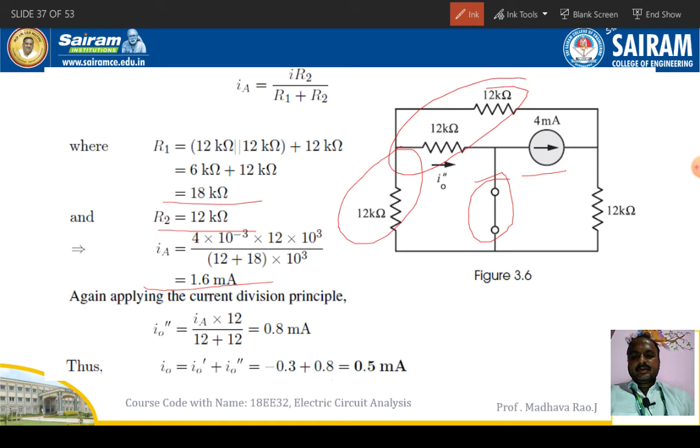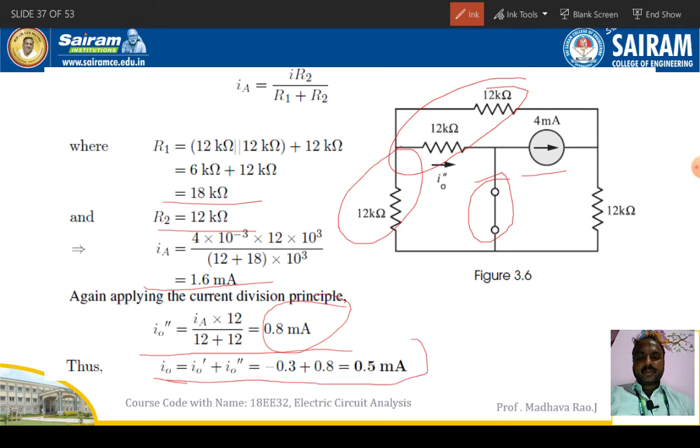Okay, so then I naught double dash is equal to I naught dash plus IA into 12 divided by 12 plus 12. So 0.8 amperes will give. So according to superposition principle, the current is equal to the algebraic sum of currents at each individual source acting alone. So minus 0.3 plus 0.8 amperes is equal to 0.5 milliamperes. So this is the current